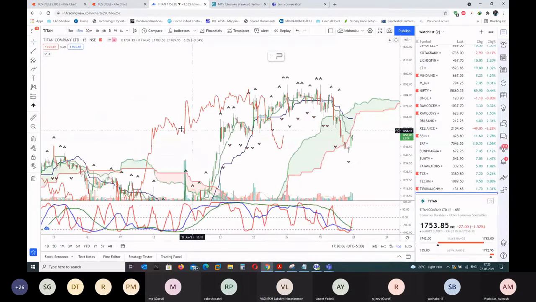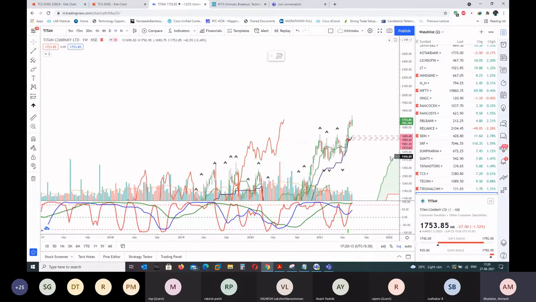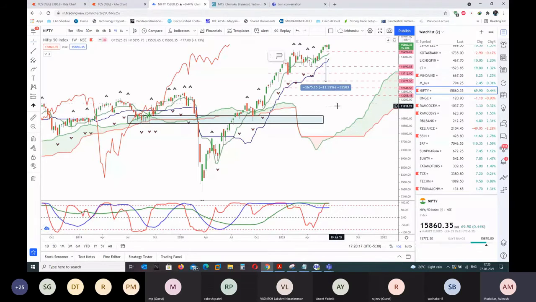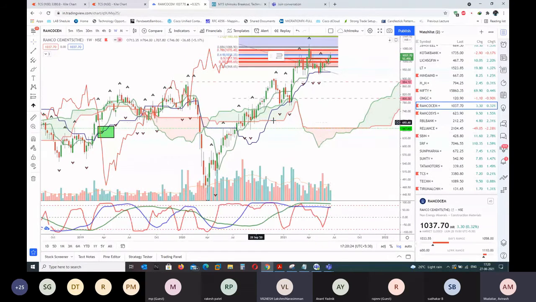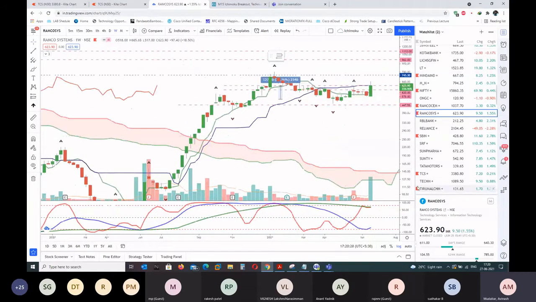One second. Actually, I can't use replay on the intraday time frame. So can you tell me an instrument which you want me to have a look at, so I can open that particular instrument? Anything is okay, sir. I just need one visual example. Okay, let's use this one.